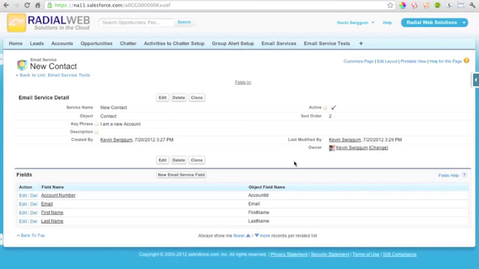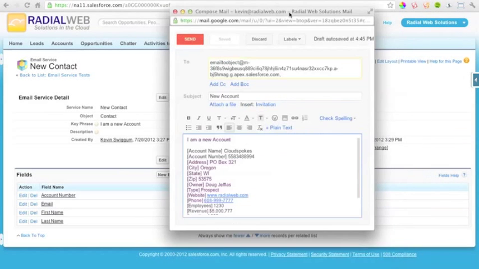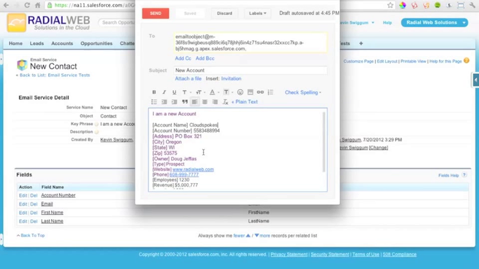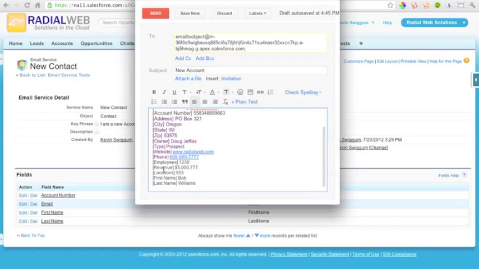So now, when I have both of those fired together, and I create a new email with that key phrase in there, and it has account name is Cloudspokes, let's call it Cloudspokes 1, and that account number, I'm going to put just a generic number in there because it's going to be creating the account first. I have address information, etc. And down here I have first name Bob, last name Williams. So when I send that,